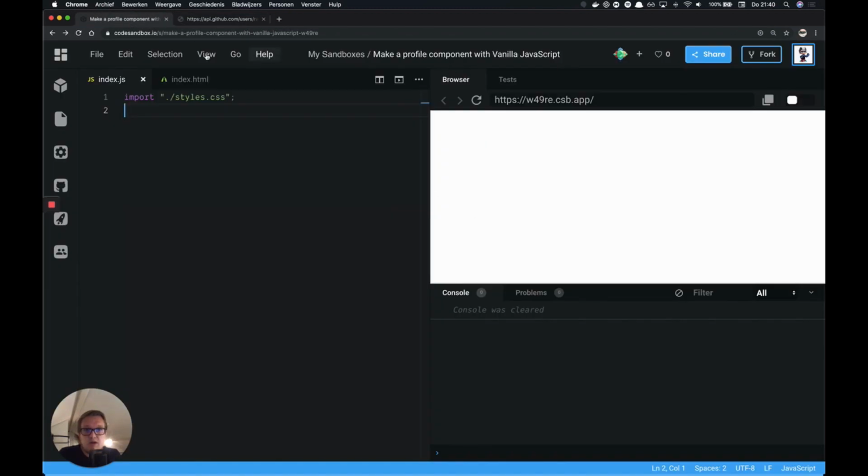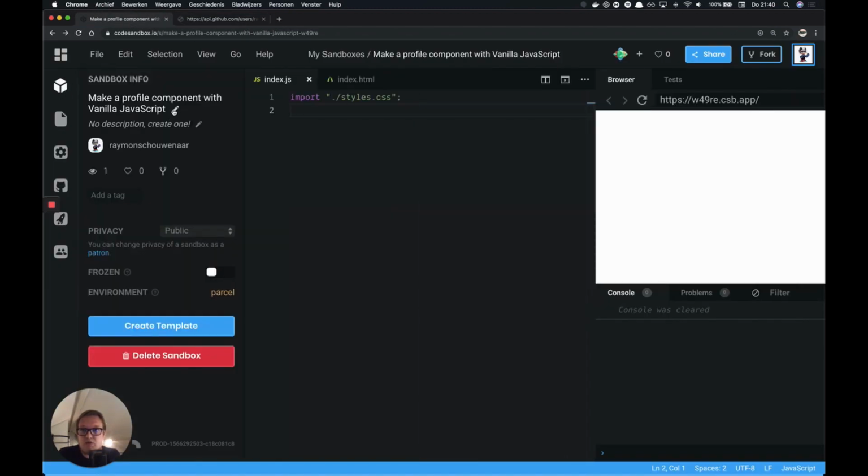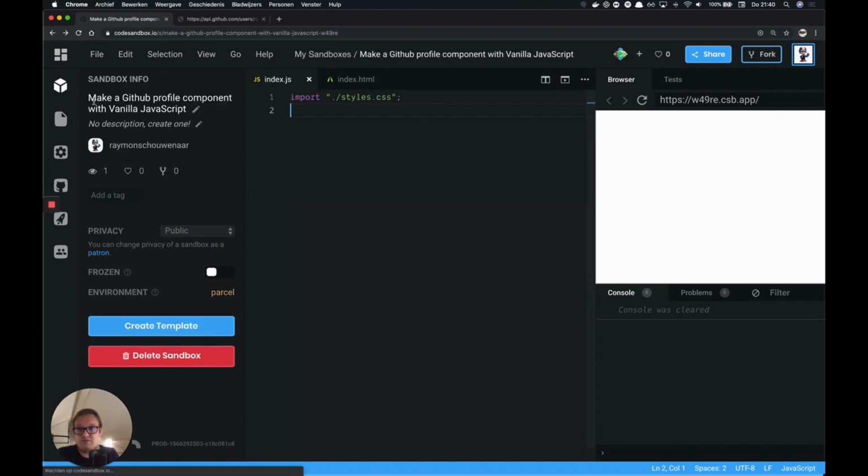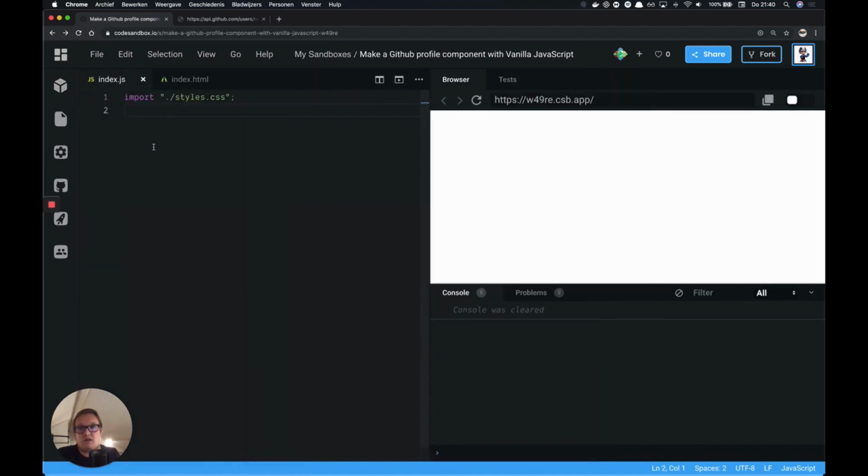I have here a make a profile component, but this is going to be a GitHub profile component. And I'm not going to focus on styling. I'm just going to focus on the JavaScript, because that's what we do here right now. So we need to make a request to the API in order to get the data. So let's make a function